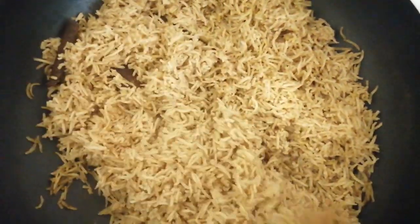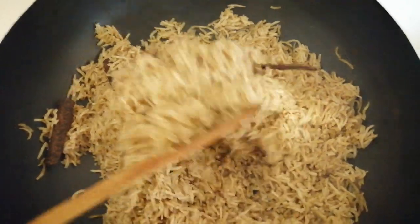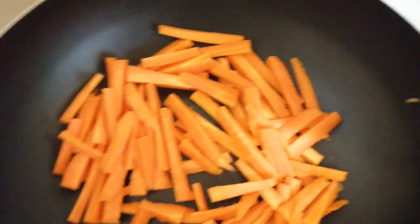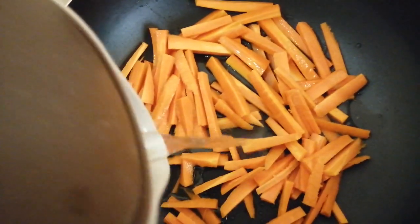Okay, it's been less than 15 minutes, probably 12, 13 minutes for the rice, and it's cooked. All the water is gone. I'm going to put this rice in a different container. Okay, so I removed the rice from the pan, and in the same pan I'm going to cook the carrots in a little bit of water, probably just like 2 tablespoons of water,